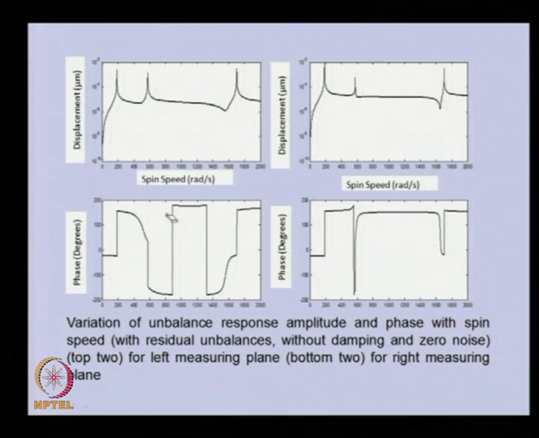Here also these changes are basically because the phase is cyclic. So, if it is 0 here, the 361 will be here. So, basically this line should have been here itself. As such, there is no phase change here. Phase changes are only at the critical speed locations. So, this is on the left side, and this is on the other side. So, they are the rotor responses, and we expect similar critical speeds in all the responses.